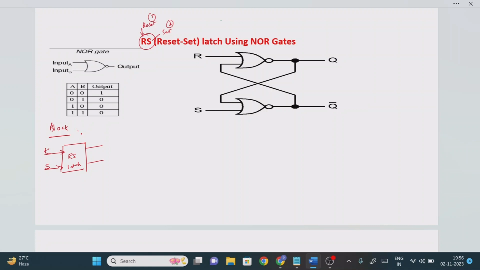What output values will we have? One is the normal output, which I'm going to represent with the variable Qn. One more output variable I'm going to represent as Qn bar. Always remember, if one is 1, the other should be 0; if it is 0, it should be 1. This is what we call the valid state, as we discussed in the previous classes. Sometimes you will get both values the same. Always one value should be the complement of the other; only then is it valid. If both values are the same, it is an invalid or indeterminate condition. So this is the block diagram representation for the RS latch or SR latch.